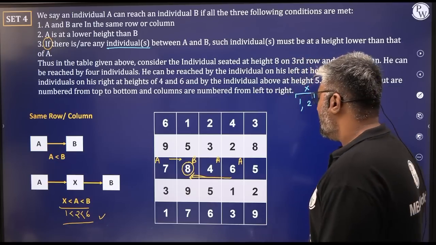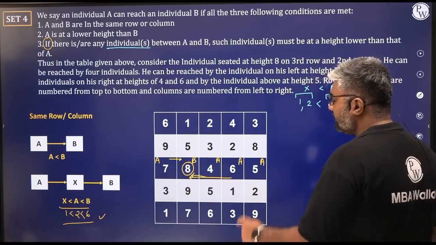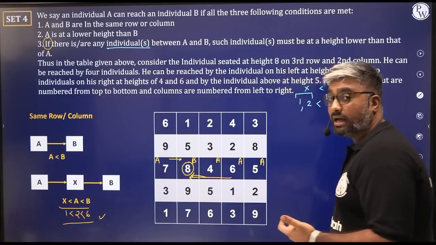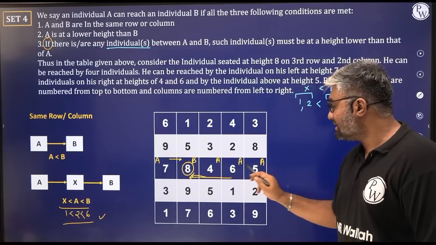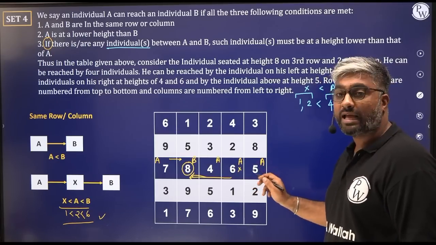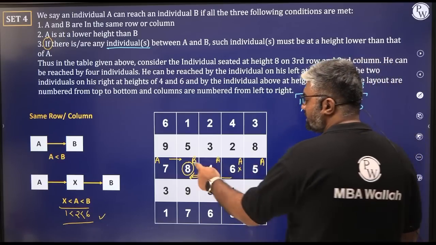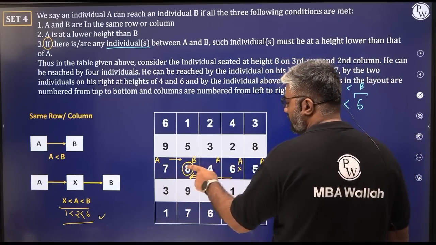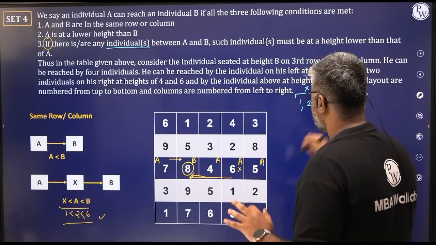Yes, we can. If we were to try with here, if this was A, can we reach from 5 to 8? No, we can't. Why? Because these two will be x1 and x2 and 6 is greater than 5. That cannot happen, right? X cannot be greater than A. So from 5 to 8, it is not possible. So we can reach 8 from 7 directly, from 4 directly, from 6 via 4 to 8, not from 5. From 5, it is not possible.